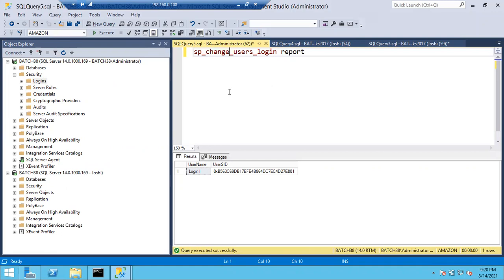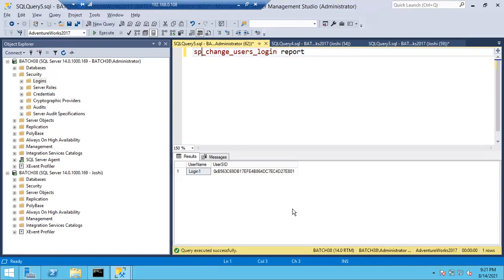Okay, so this is the query to find out the orphan users in a database, but you have to run this query on each database. If you run it on Amazon, you can see only the orphan users in the Amazon database. If you run the same query in AdventureWorks, you can see whatever orphan users are there in AdventureWorks. So you have to run this on all the databases manually, or else you can run a custom script so that it will show you all orphan users at the server level.